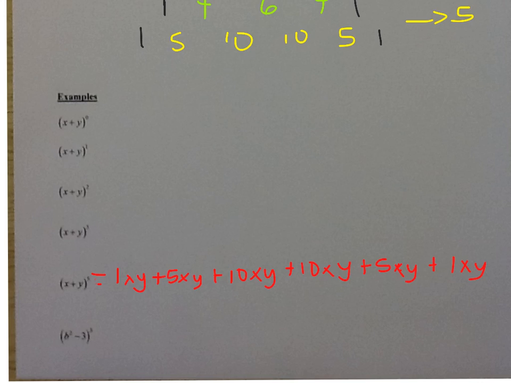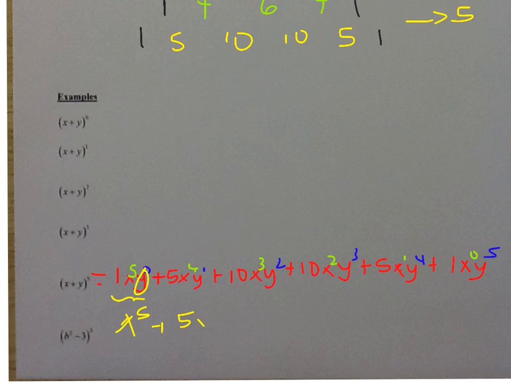All right, now my x will start with a 5, so it'll be 5, 4, 3, 2, 1, 0. And my y will start with 0, then 1, 2, 3, 4, and 5. So my first term here, since y to the 0 is 1, is x to the 5th,